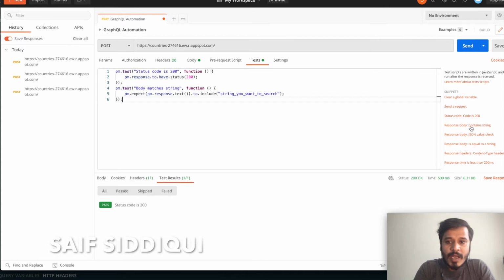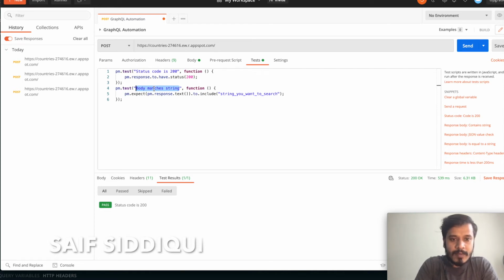Okay, I think we can add contains string, and for this I can just change the test case as I want. Maybe I can write body matches string.